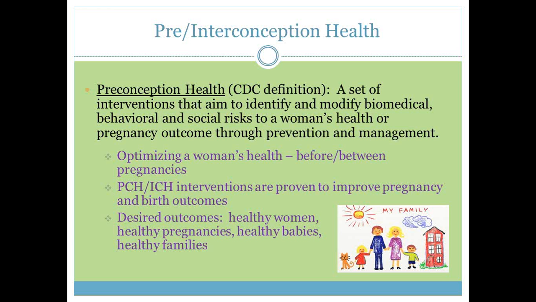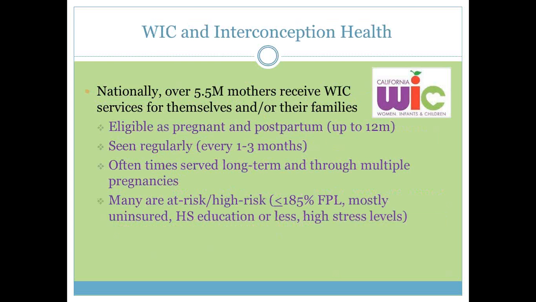We know that starting during pregnancy at times is oftentimes too late, and so we really need to reach them before they are pregnant. And our desired outcomes would be to help support and encourage women to be healthy, and should they get pregnant, that pregnancy will be healthy, for them to have healthy babies, healthy families, and really a healthy future. It really is a natural fit here at WIC to have interconception health promotion, because we're aiming to do the exact same things: to encourage and support women and families to be at their best health and to have healthy pregnancies and reduce poor birth outcomes.